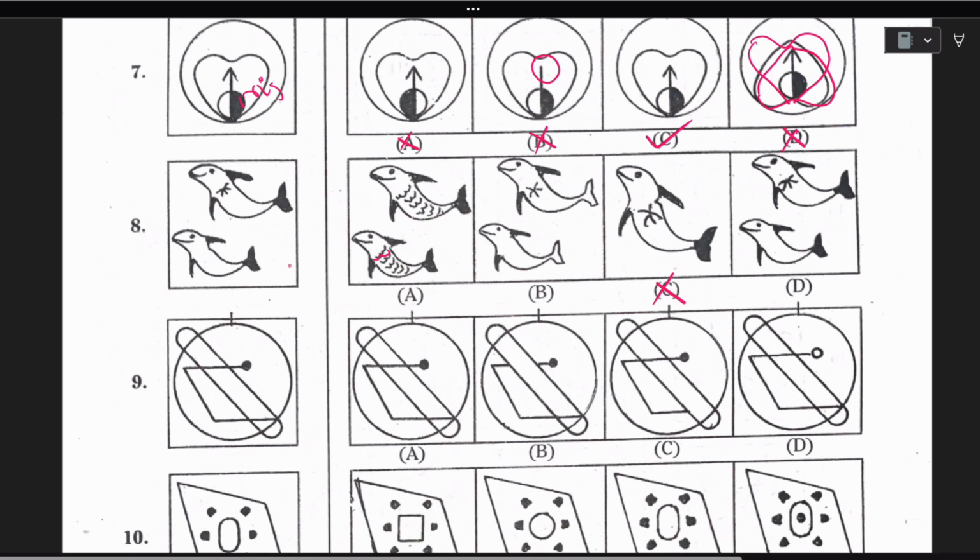Here there are more ribs and here there are no ribs, so it is not matching. We are eliminating A. And then look at this B and D, so we have to eliminate one. See, if you could see the tails of the fishes, these are shaded, but in B these are not shaded, so we will be eliminating B. And finally D is all the same as the question, so we will be selecting D as our correct answer.